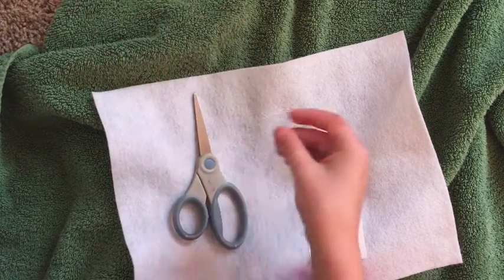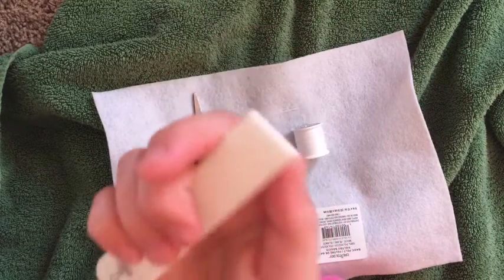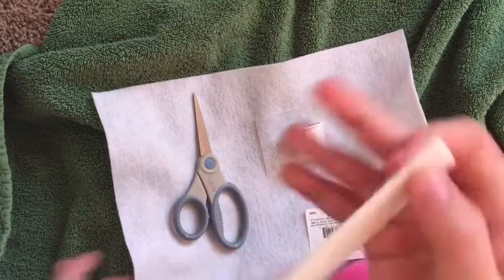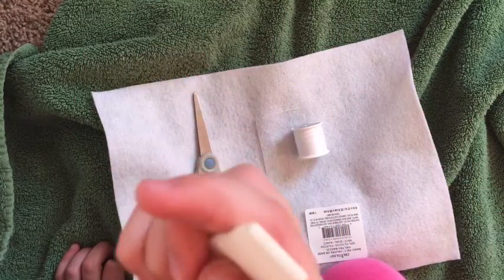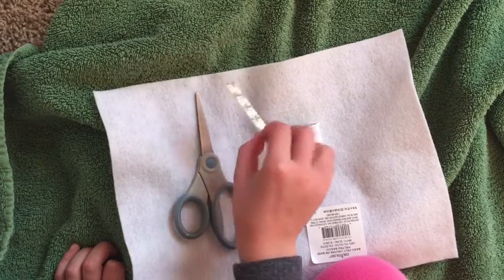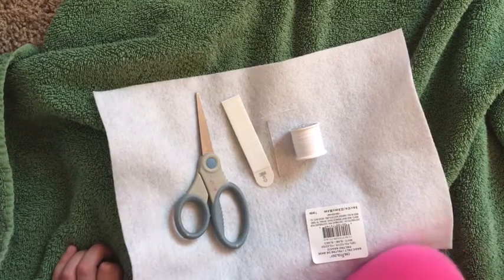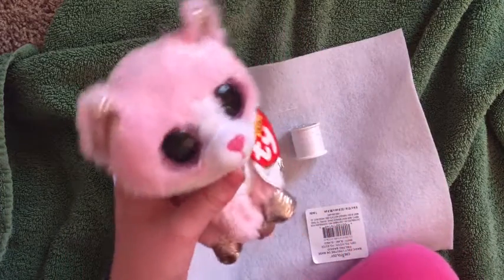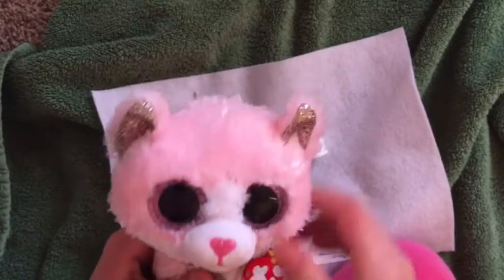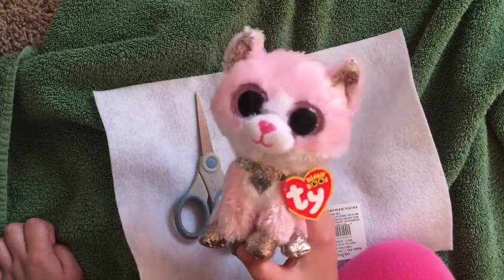A needle and some Velcro or this stuff you use to hang up pictures. It looks exactly like Velcro because I'm out of Velcro, so you can use that too. And a model. This is the person getting married, Maya. She's so beautiful. But this is not a review video, so I can't review her, but she's going to be